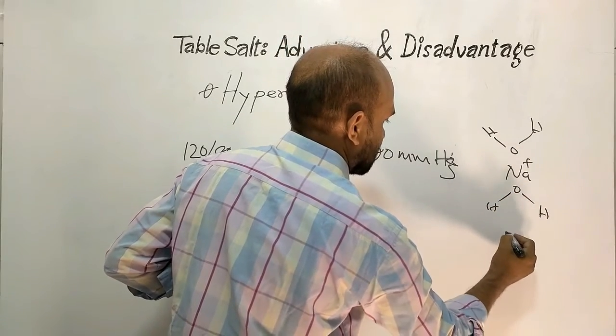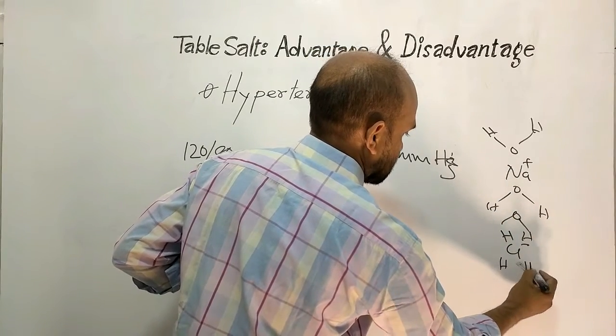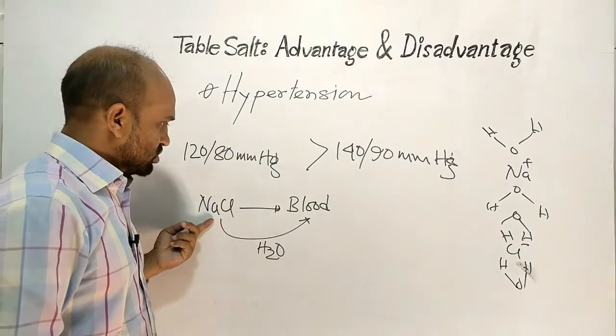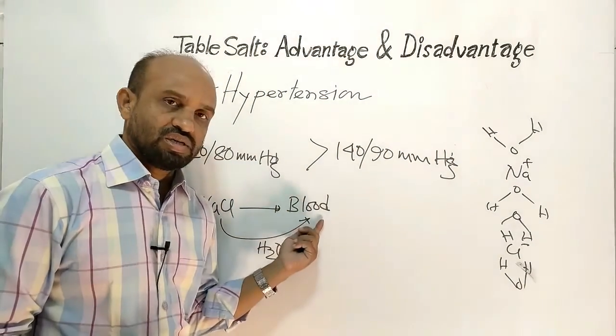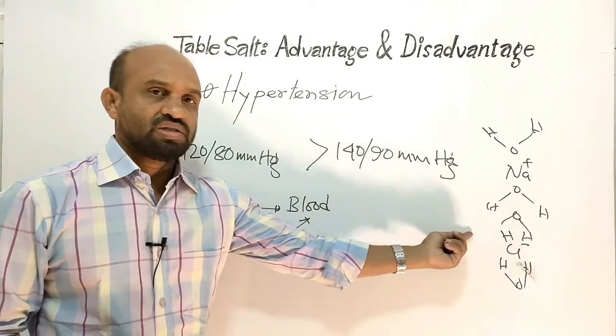Sodium and chloride ion carries water. So when sodium chloride reaches our blood, it carries a huge amount of water in this way, and